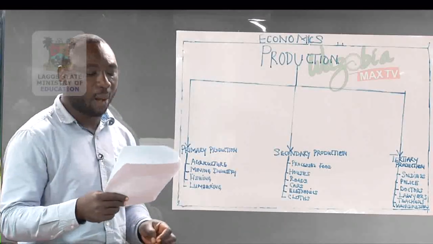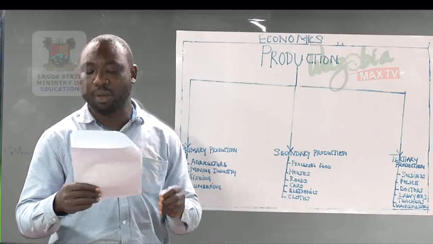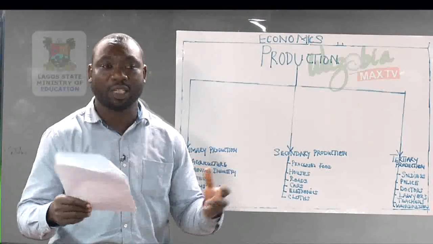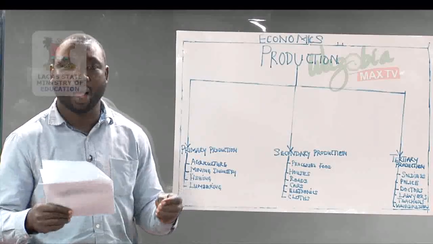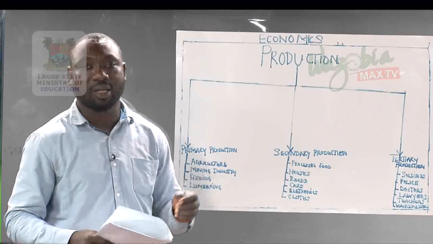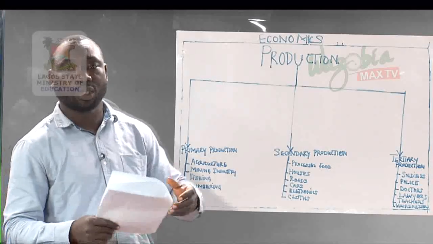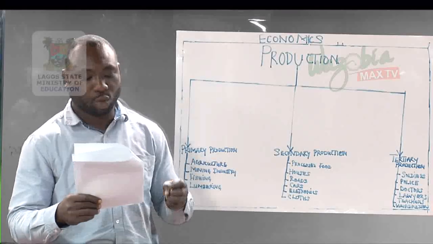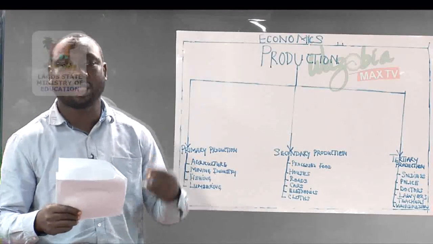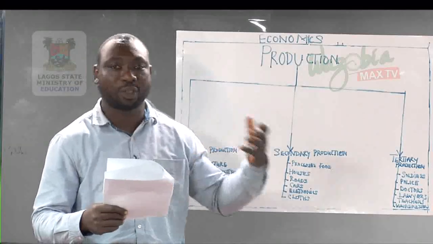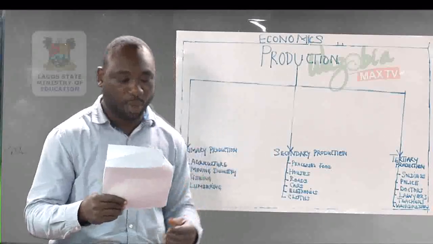Now, from there, we move to factors that determine the volume of production. What are the things that you can put in place to facilitate production? One, you must consider the amount of capital that you must involve. That is the money and the physical wealth that you can use in producing goods and services, and how viable you can get them. Two, availability of raw materials. What type of raw material are you going to use? Is it one that is viable? Is it one that is close to people?